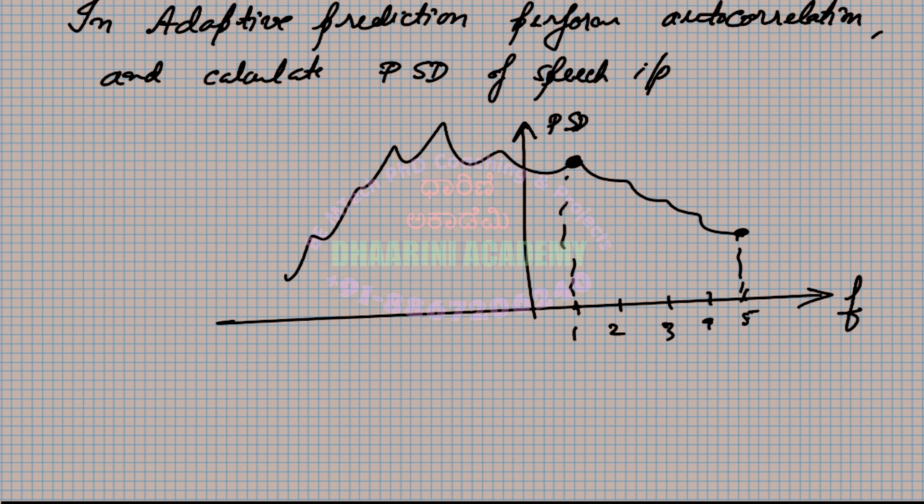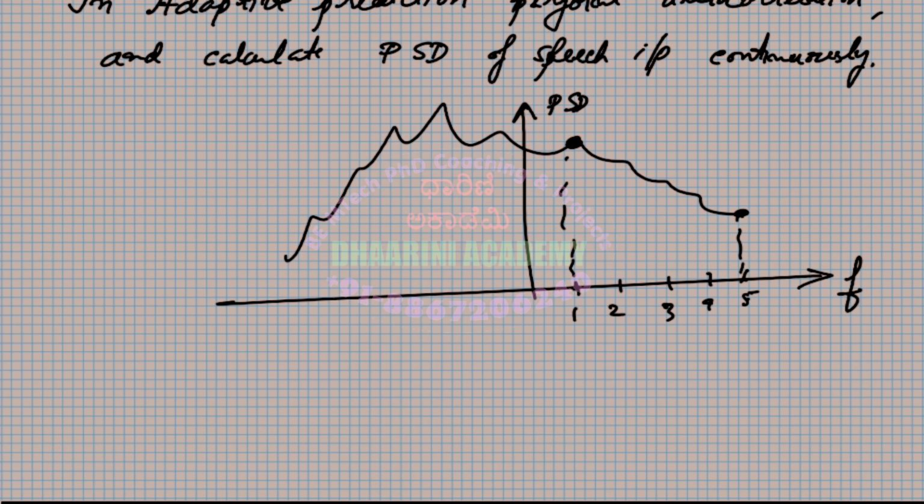So that's why, perform and calculate the PSD of speech input. I'll add the word continuously, you do this. This is going to help you in the prediction. So that prediction can be done in two ways, right? We already have seen that, right? So the two techniques used are, one is APF,